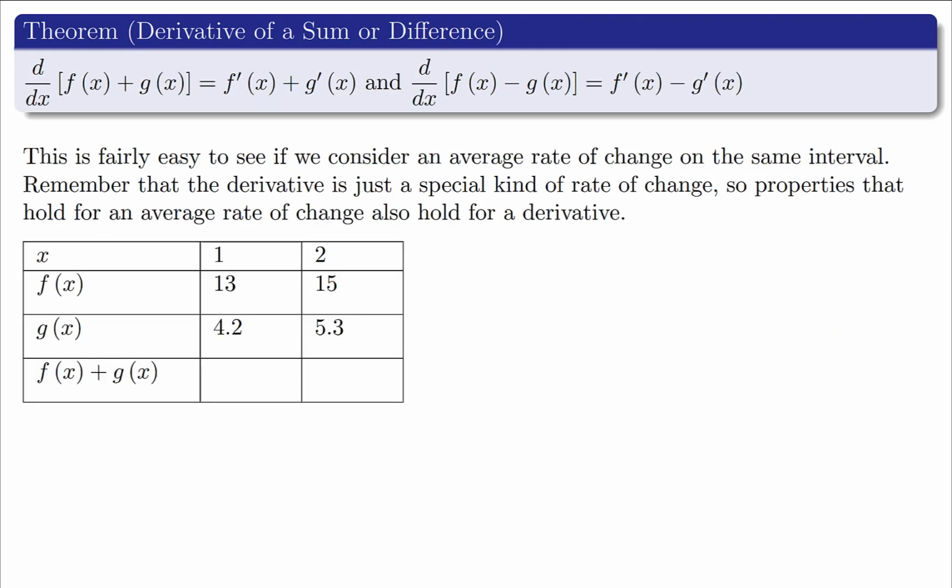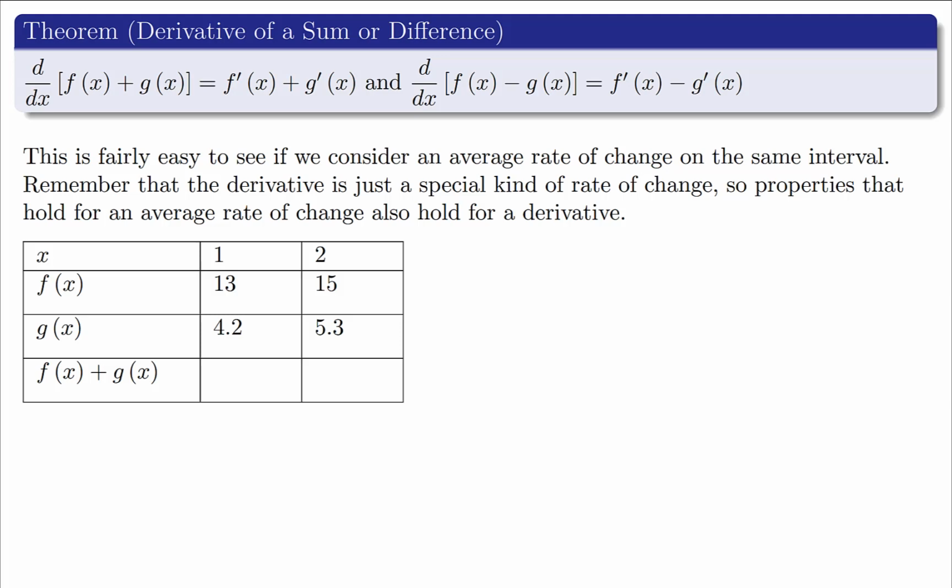It also turns out that the derivative of a sum or difference is the sum or difference of the derivatives. You can take the derivatives term by term. And just to give you a little picture of where this comes from and why this works, let's do a couple of quick average rates of change to represent the